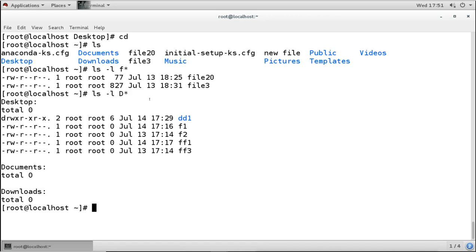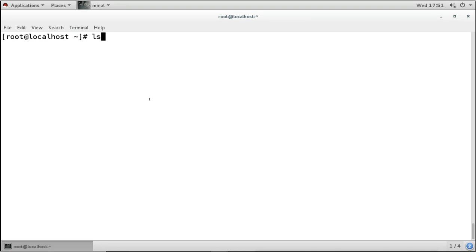For example, suppose I don't remember the beginning and the ending of the file name, I just remember that somewhere in between there is some character or a word. The beginning I don't know, so I give star. The end I don't know, but in the middle I have a dot.